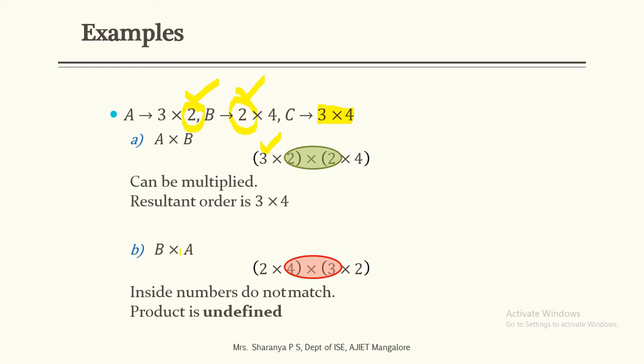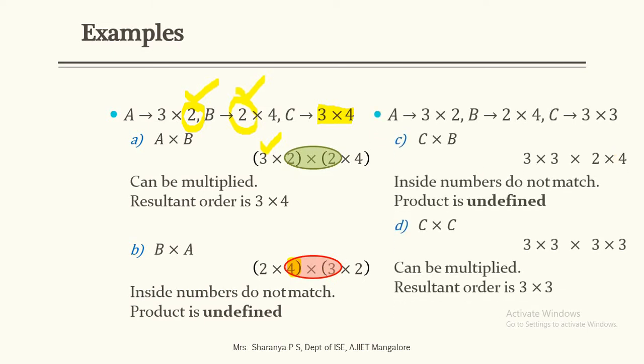Next, one more example here. We need to perform the matrix multiplication between B cross A. Here B is 2 cross 4 and A is 3 cross 2. Is it possible to perform the matrix multiplication? No, because the order is not matching. That is, the number of columns of the first matrix is not matching the number of rows of the second